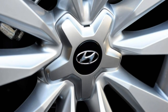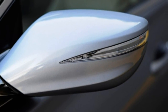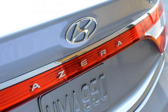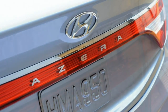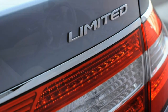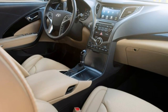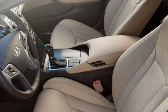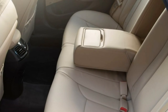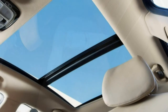feel. The 3.3-liter V6 makes 293 horsepower, and while it's not the most powerful engine in its class, it's refined, quiet, and reasonably efficient. In fact, we saw an average of 23 miles per gallon over nearly 1,000 miles of mixed driving, 1 mile per gallon better than the EPA's 22 miles per gallon combined rating and on par with the competition. The 6-speed automatic is smooth but a bit slow to shift, further evidence that the Azera prioritizes smoothness